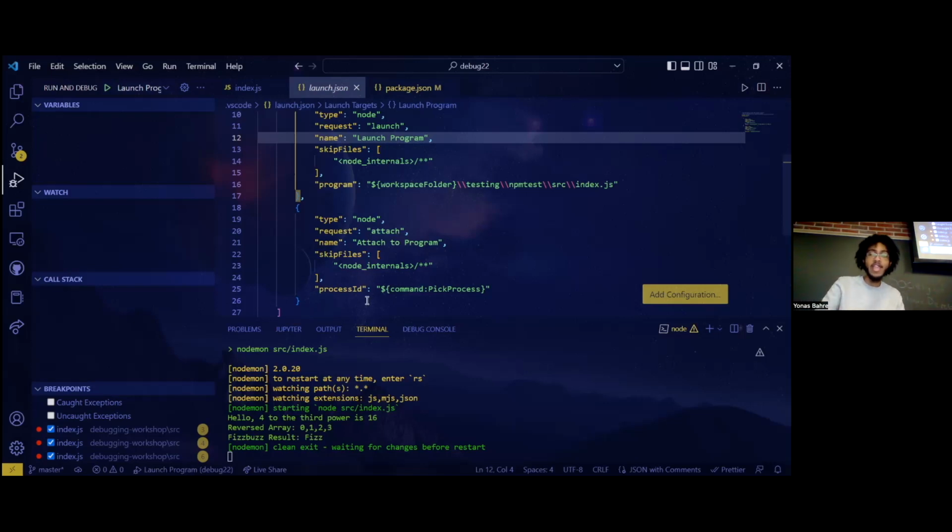Now, this tag here allows it to automatically find whatever node processes you might have running and attach to those. If you're using something other than Node, you will have to find your app's process ID manually. And depending on your setup, that could be easier or harder. Personally, when I set this up with a Golang debugger at my internship, the one that we use had a proper name, so I was able to just search it up by the name instead of actually having to know what the process ID was. So making sure your executable